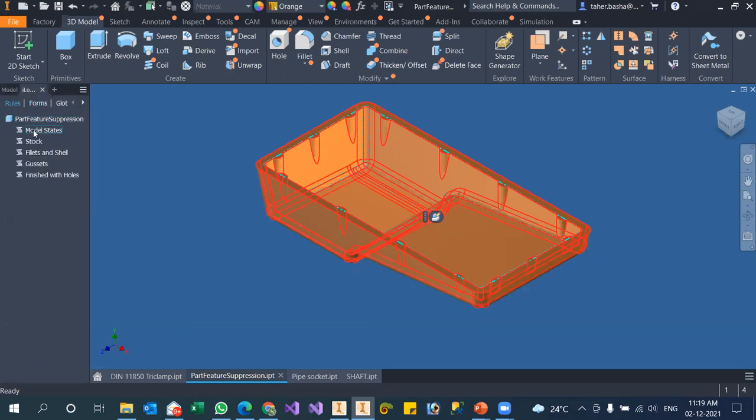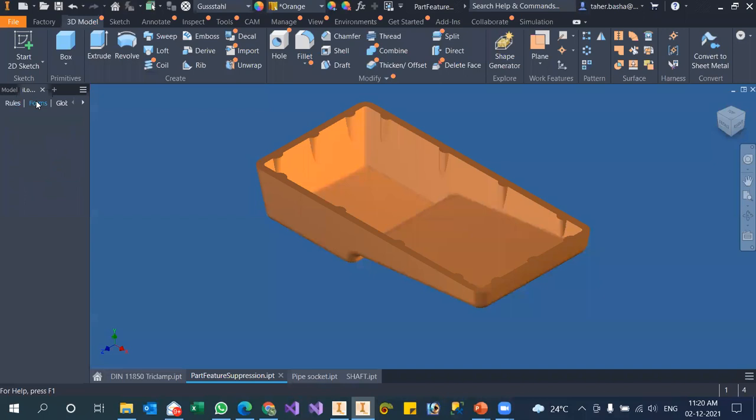So what we have done is 1, 2, 3, 4, 5 rules for that. You can write all the logic in one rule, or you can create multiple rules having individual logics. So one is handling model state, one is handling stock, one is handling fillet and shell, one is handling gusset, and one is handling finished with holes, like that.